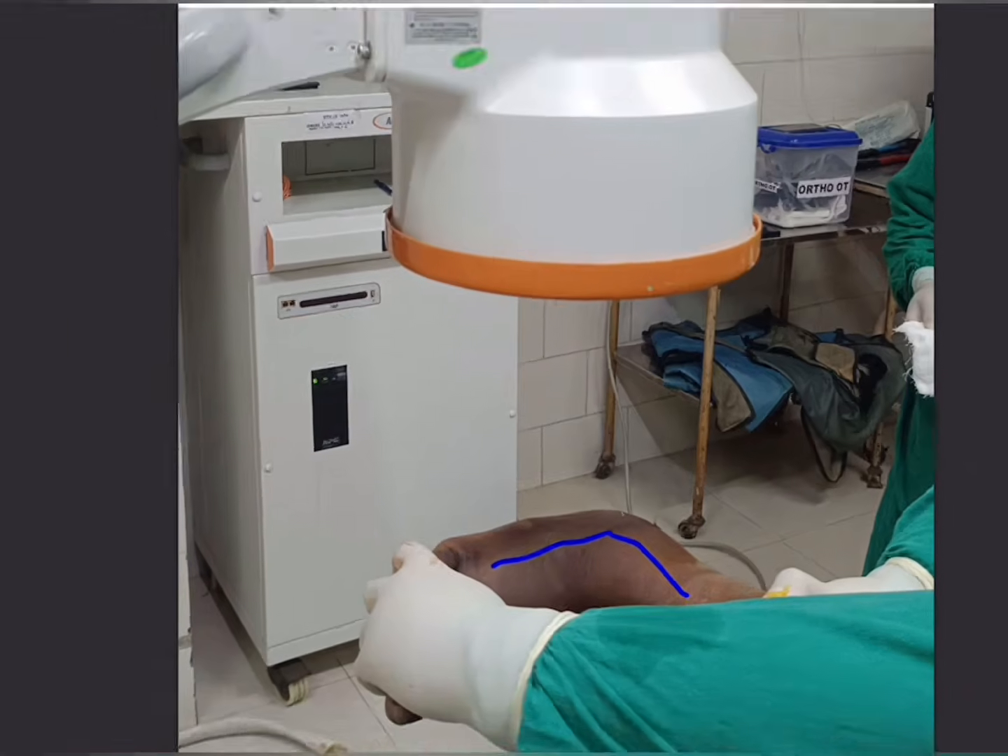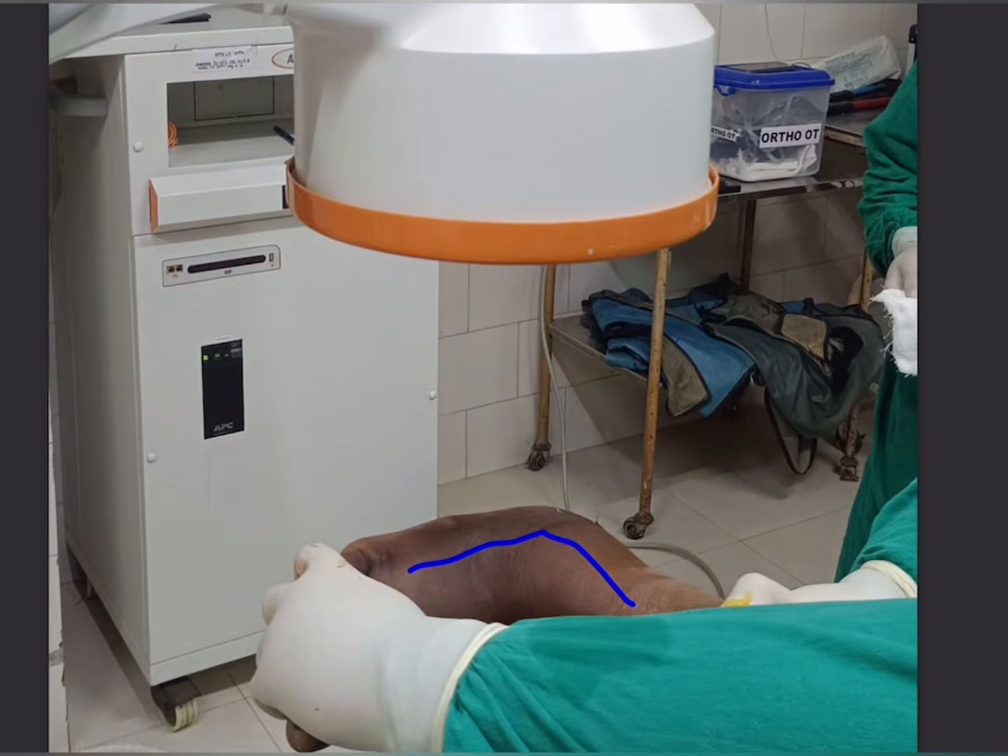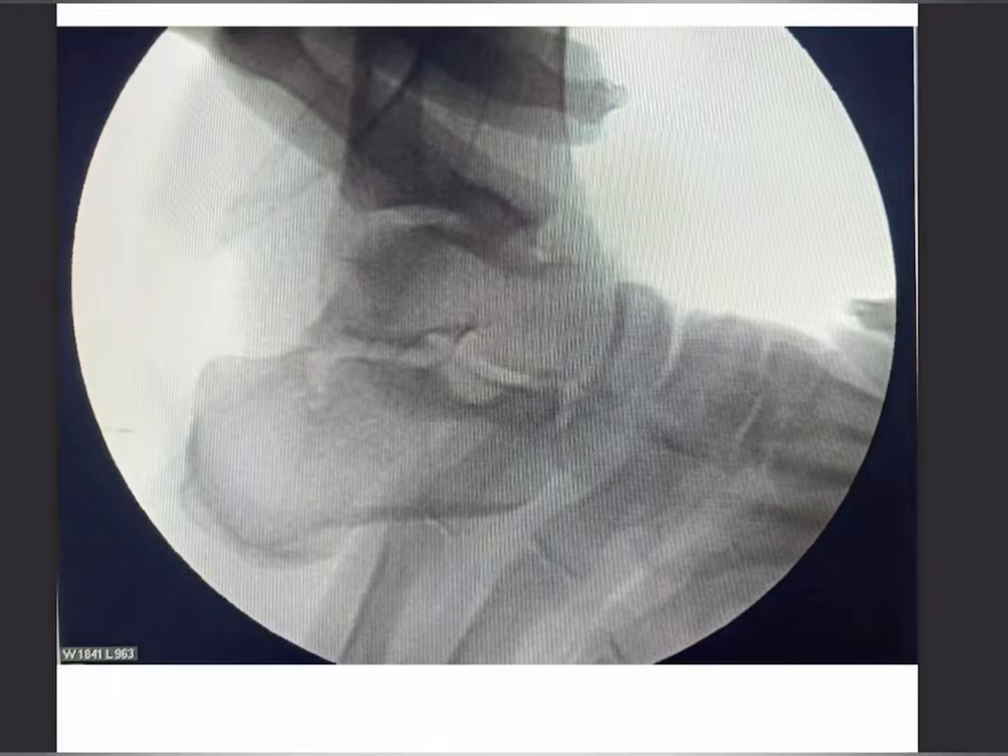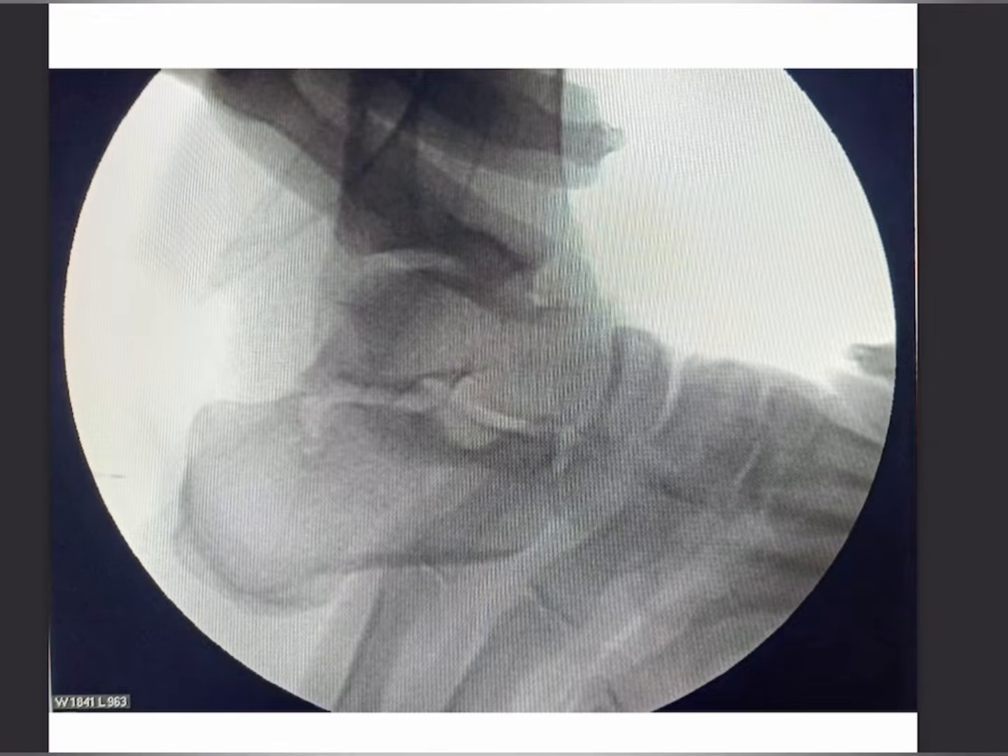Okay, so both these views are very important. Usually we keep the patient in lateral position so that it becomes easy for us to operate. We have applied it now. Okay, so this is the preoperative